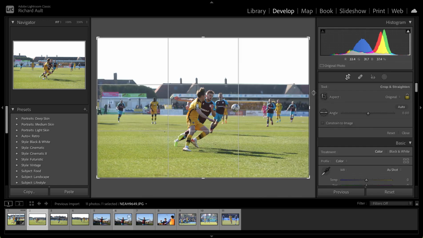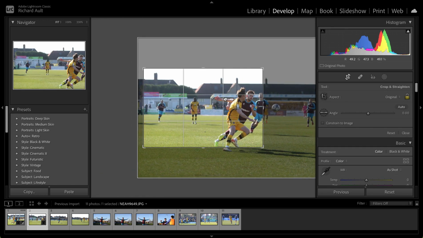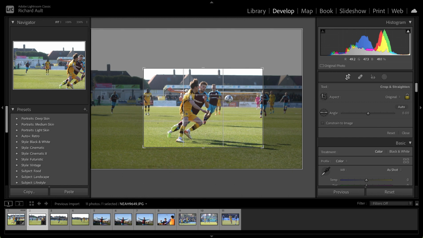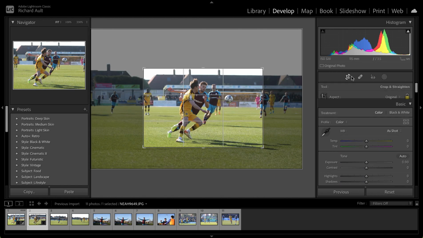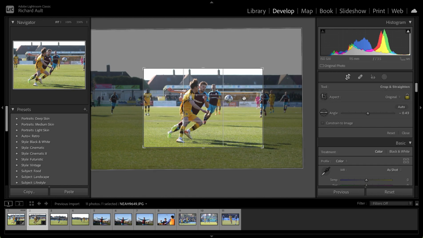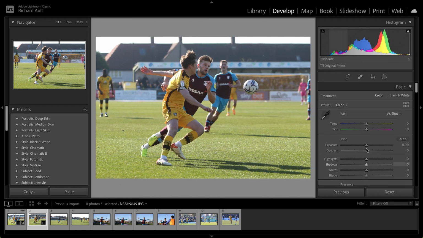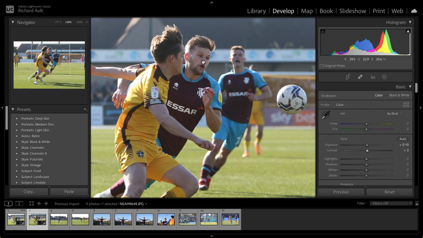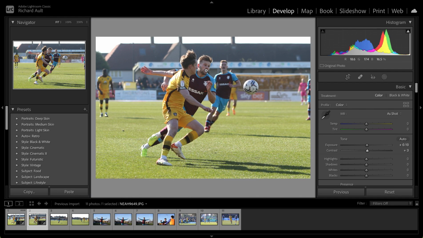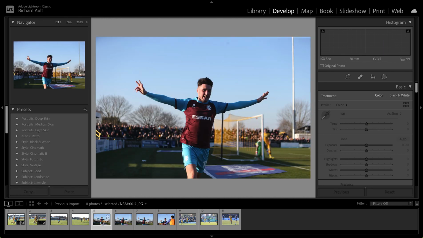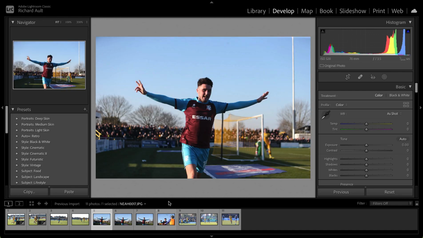And so there's another similar one, kind of the next frame along from what we've just edited. So again, you do the same, you drag it into the middle, make sure it's level, make sure those two guys are vertically at the right level. Not a nice photo, to be honest. His facial expression isn't great, is it? But there we go. And then there's a couple of players celebrating at the end here,